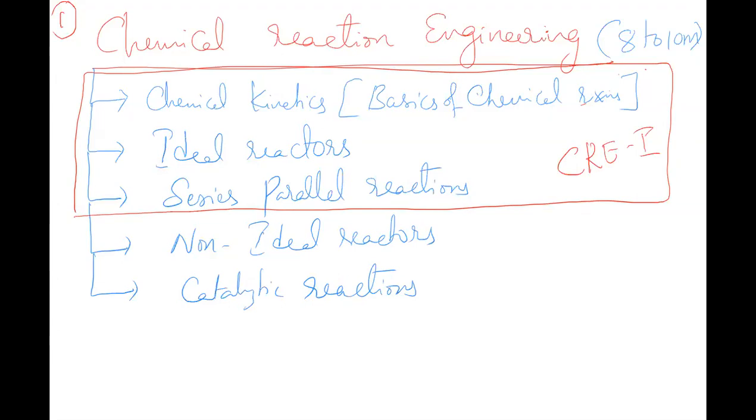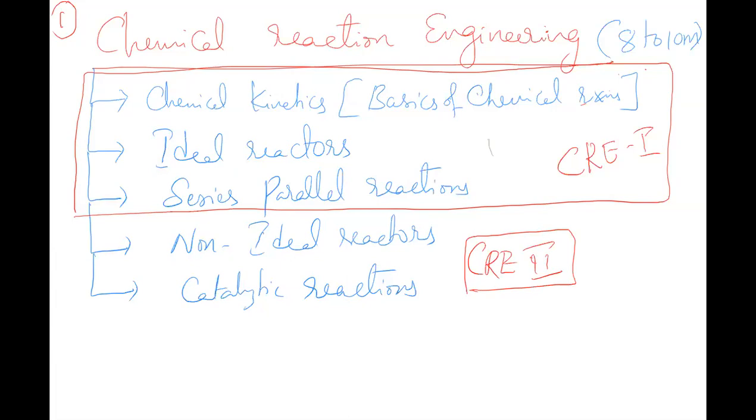So we'll read this entire CRE as 2 subjects in your curriculum, maybe in the 3rd year, and then in the final year it will start. So what do you call this? Let's say the next 2 chapters is the CRE2. So CRE1 and basically CRE2. That is how you read the entire subject. So basically, what is the difference between CRE1 and CRE2 is,